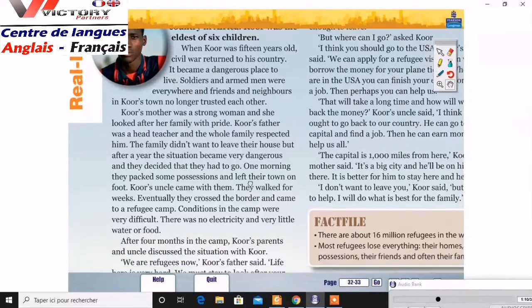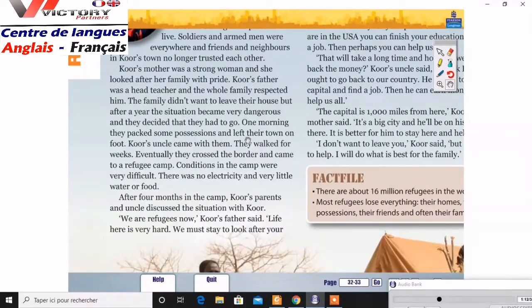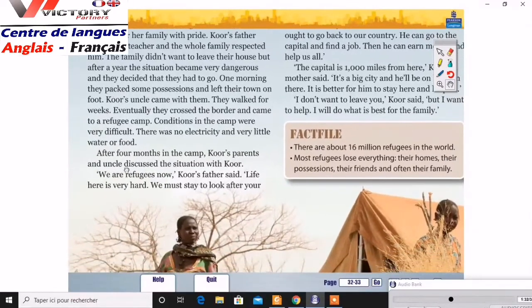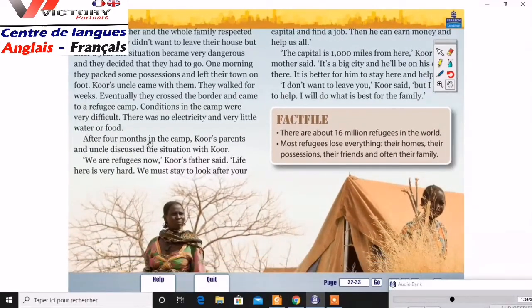One morning, they packed some possessions and left their town on foot. Cour's uncle came with them. They walked for weeks. Eventually, they crossed the border and came to a refugee camp. Conditions in the camp were very difficult. There was no electricity and very little water or food. After 4 months in the camp,